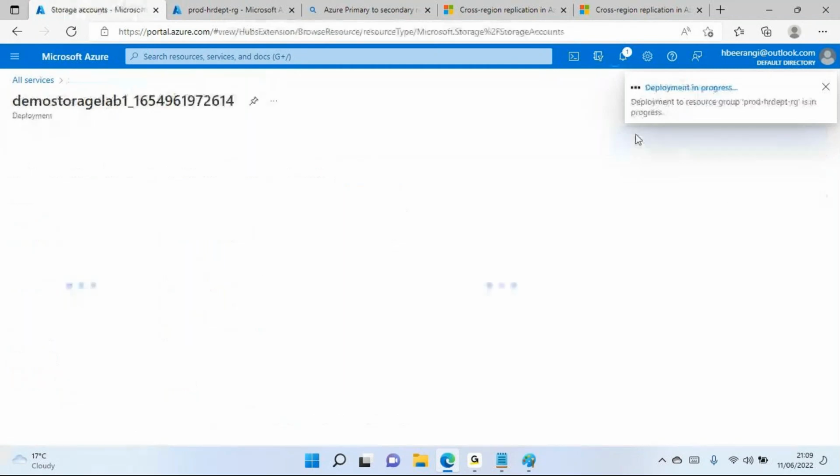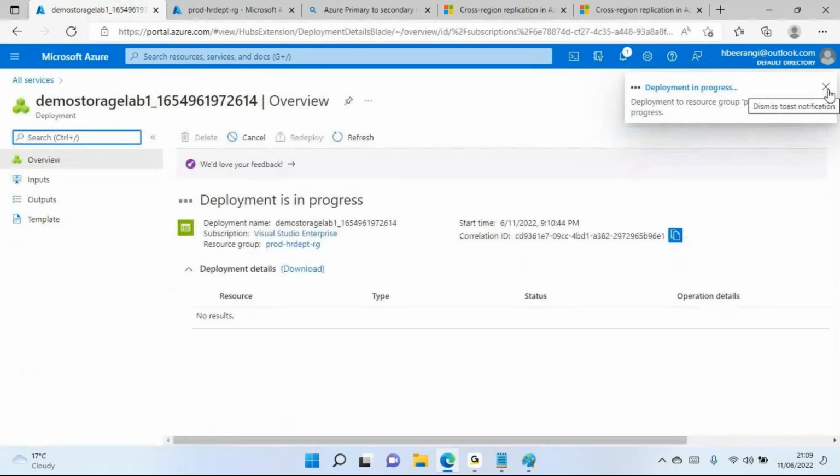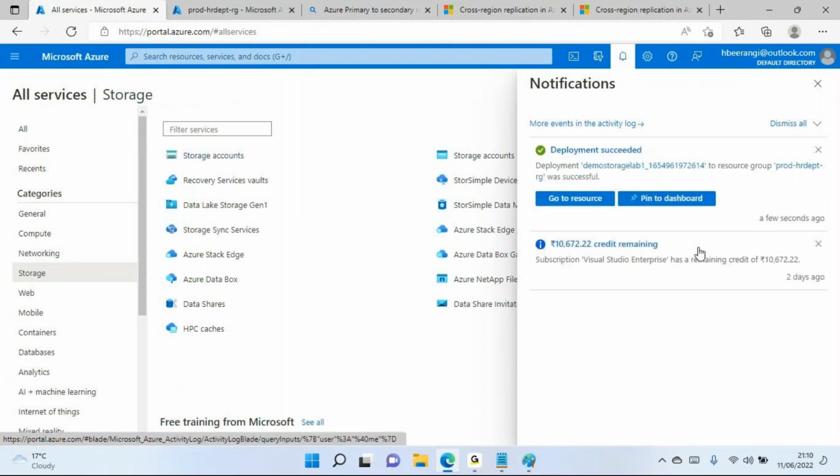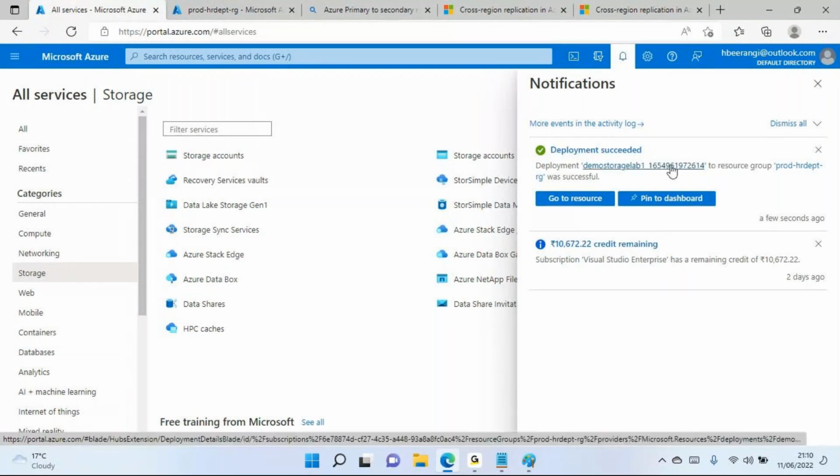So creation is very simple, and you can see that deployment is in progress. అంటే ఏంటి, క్రియేట్ చేయడాన్ని డిప్లాయ్మెంట్ అంటారు. So this will take only a few seconds, not even minutes. Okay, so deployment is in progress. Deployment succeeded. Okay, now